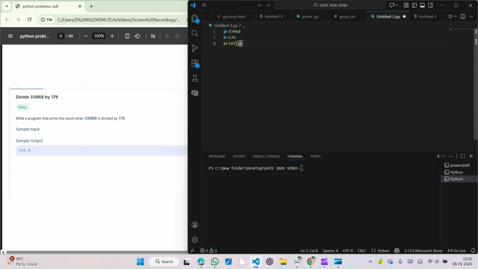Yes. Here variable a is divided by variable b. Why? Because the small number is 176 and the big number is 33968. If you run this, the output will be as expected. These are small codes to make it easy to understand. The expected output is 193, and here the output is matched. Okay. Next,